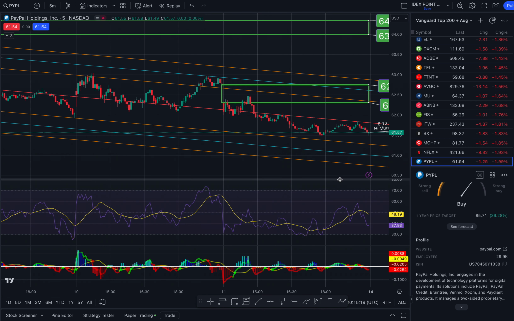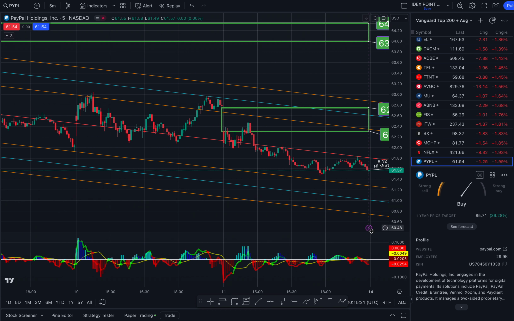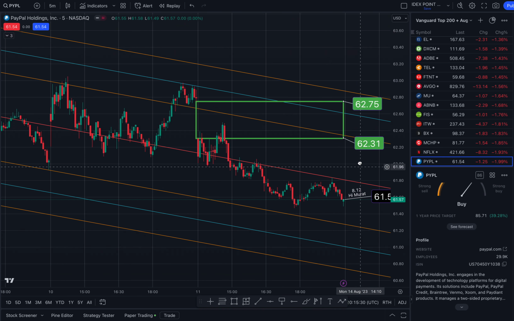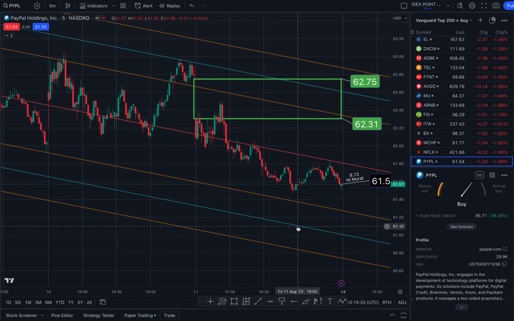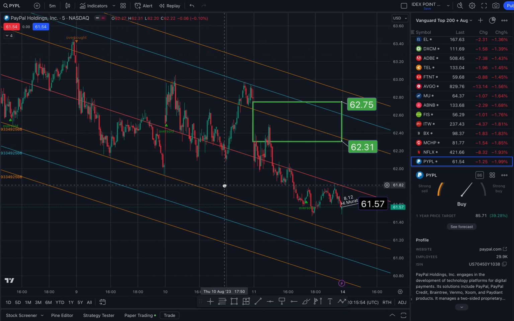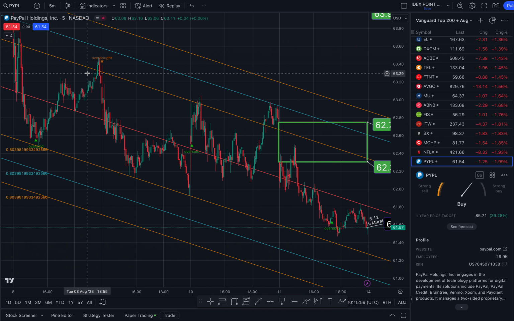Let me fix that. I'm going to get rid of this and show you another indicator that plops the RSI and the MACD onto one chart for you. With TradingView, you can only get a few indicators for free and you max out. So if you can't get everything that you want on, go to the Indicators tab, start typing in MACD, and I've already highlighted it here, MACD crossover while RSI oversold and overbought. Click on that. And I'm going to show you. It plopped on this indicator, oversold, oversold, overbought.